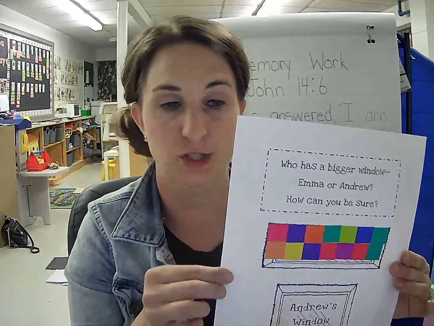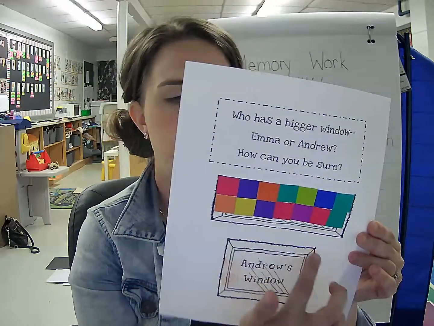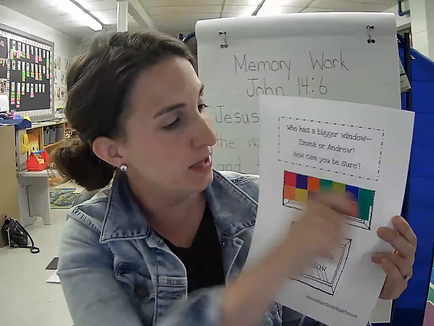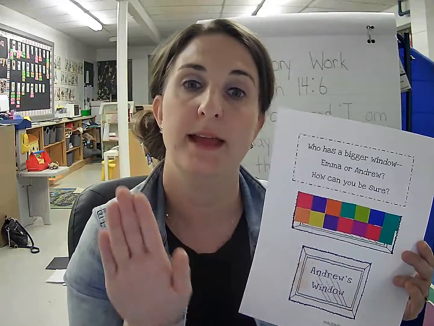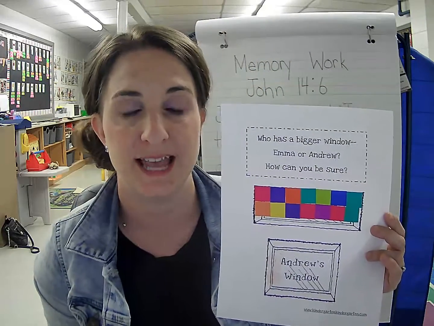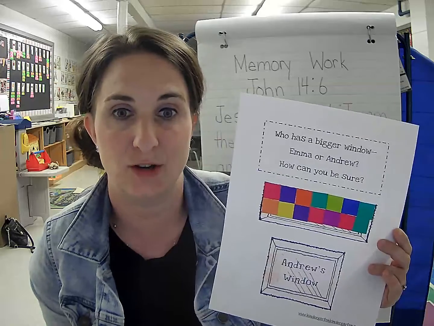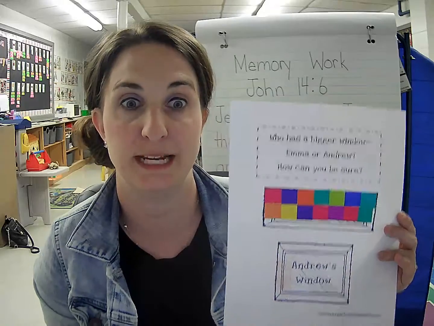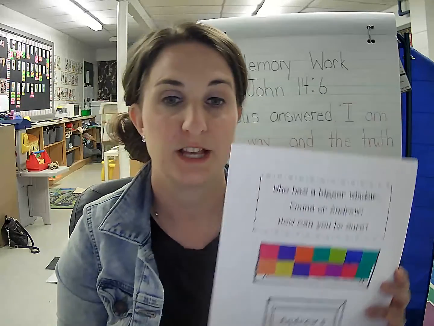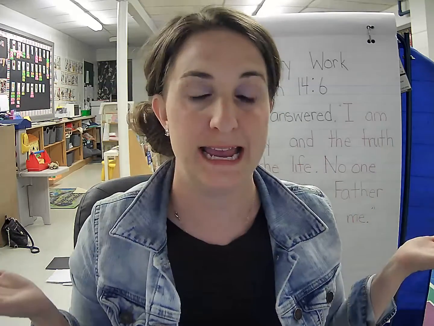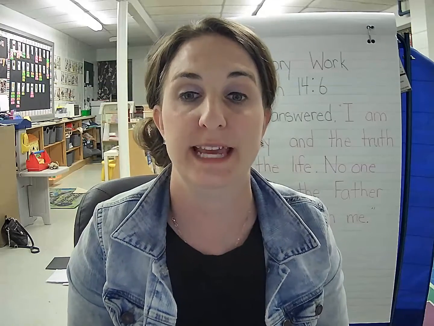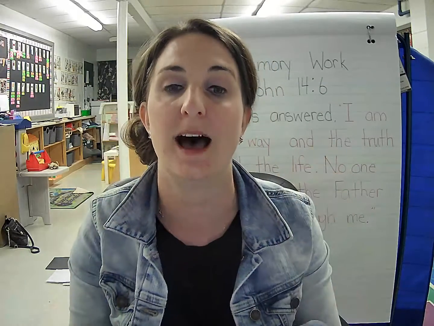And I want you to measure this window and measure this window. You know what Mrs. Cummins did? I used my glue stick. So I put lots of glue on the window and then I put them nice beside each other. Otherwise, they were going to move all over the place and I couldn't measure it properly. So I put glue and I glued my squares on so they'll be nice and tight together. Okay? So I want you to fill it out and tell Mrs. Cummins, which window is bigger? Is it Emma's window or is it Andrew's window? And remember, when we measure the area, we need to measure inside the window,